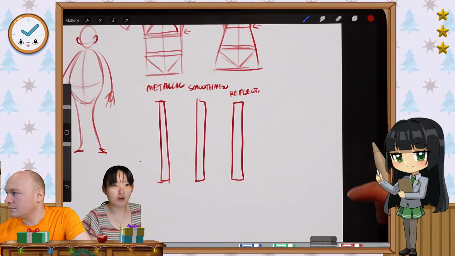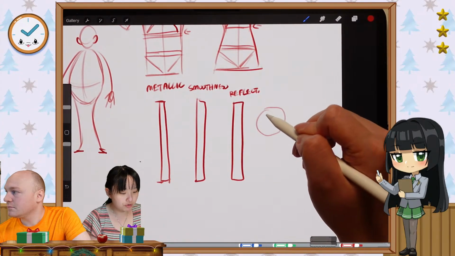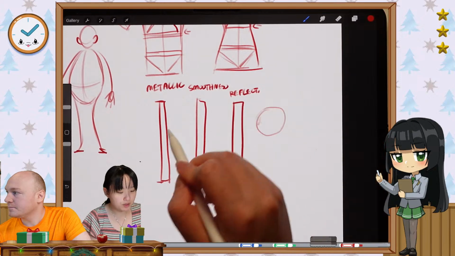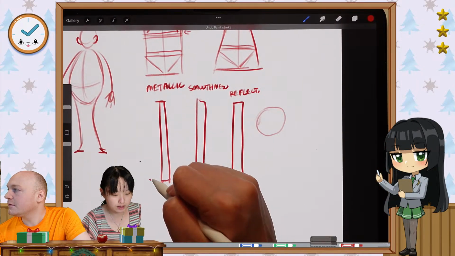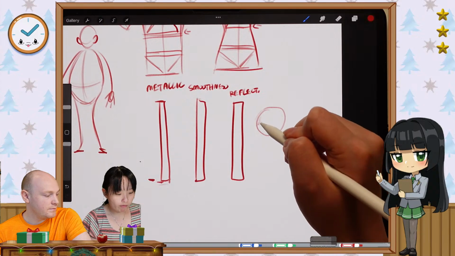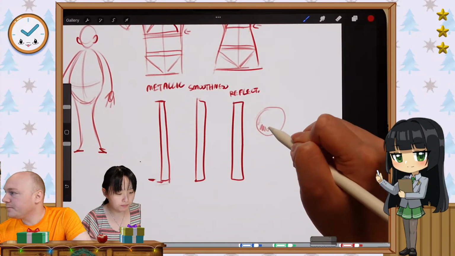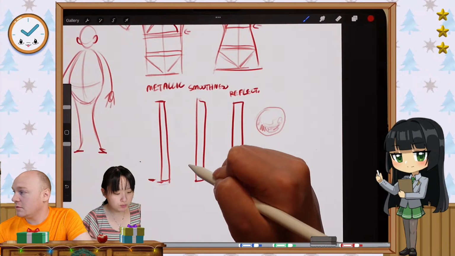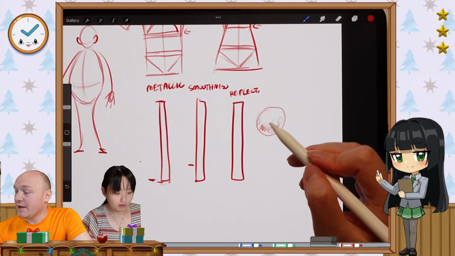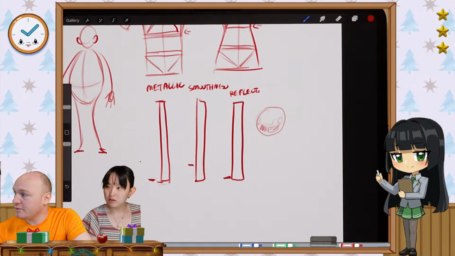Let's say you want to draw or paint concrete. So you look at concrete and then you're like, okay, how metallic is it? It's not metallic at all. Yeah, so very low. Very, very low. In fact, none, probably, depending on the concrete. How smooth is it? Not very smooth. Reflectivity? Not very reflective. What's the color of it?